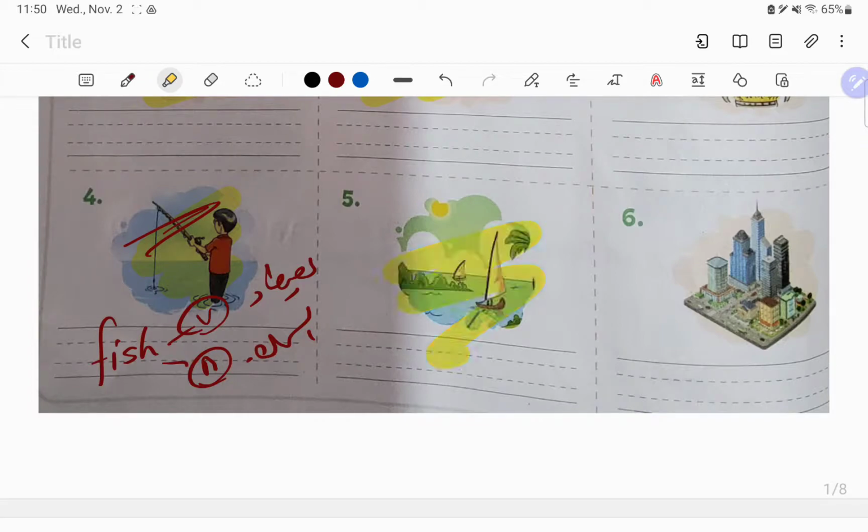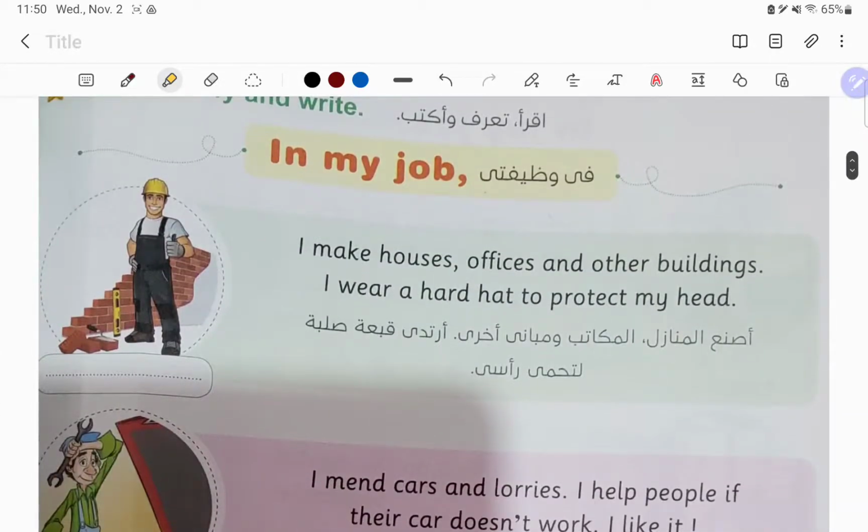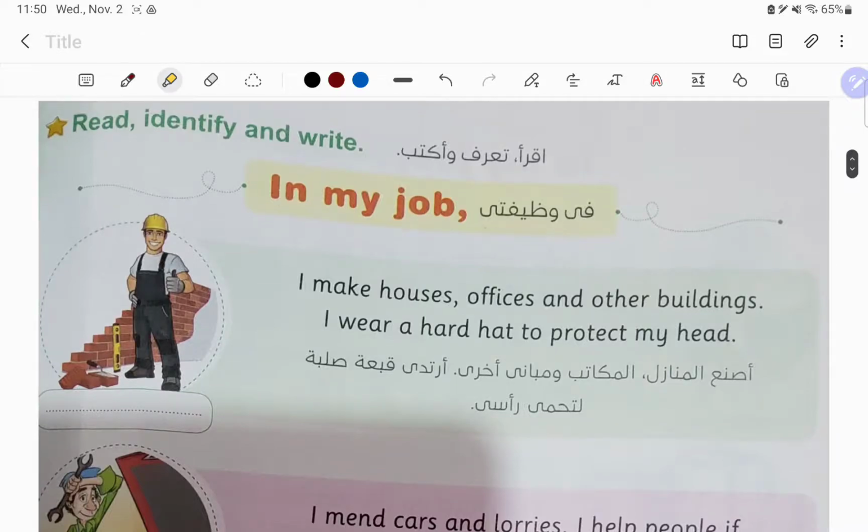Next one, and look at this. This is like a river, and we've got buildings over here. If we go down here, guys, to the reading part, it's very important to read over and over again to get used to it. I don't want you to grow up and not know how to read English. The best way to be a good reader of English is to read all the time. So, in my job, before we head to the reading part,